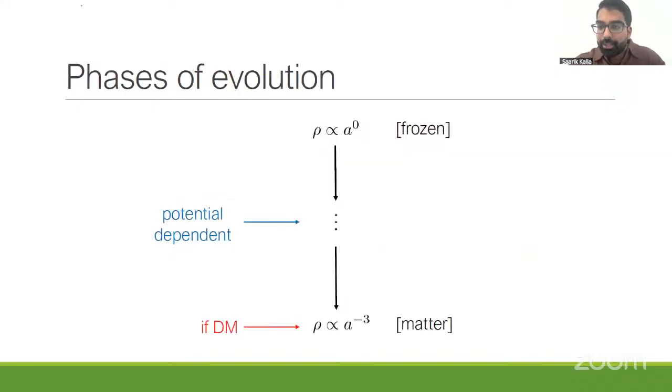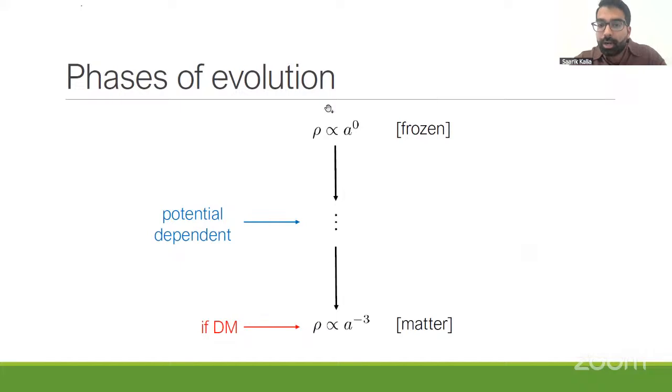Okay, so how would I actually go about calculating the energy density of the scalar field? I should say from this point on, it's actually easier not to work with the scalar field itself, but rather to work with the energy density rho. This is basically because as the scalar field starts oscillating, it will become a lot less homogeneous, and the scalar field itself is doing complicated things, but the energy density is doing simple things. So we can track how the energy density evolves.